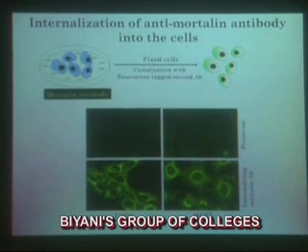What we see is that if we add anti-mortalin antibody to the cells, fix them, and stain with the second antibody, then they are stained. That means the first antibody has gone inside. This is how it looks. This is bone cancer cells, and this is breast cancer cells. These black dots here are the small round nucleus. So they are perinuclear. Here also perinuclear. As I said before, cancer cells have a perinuclear protein distribution.